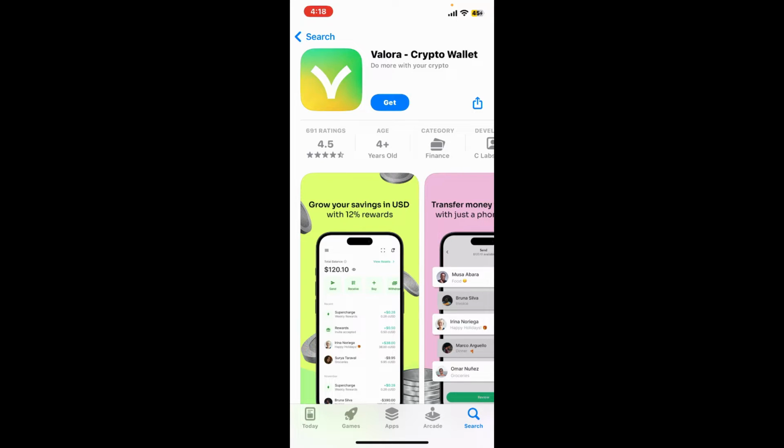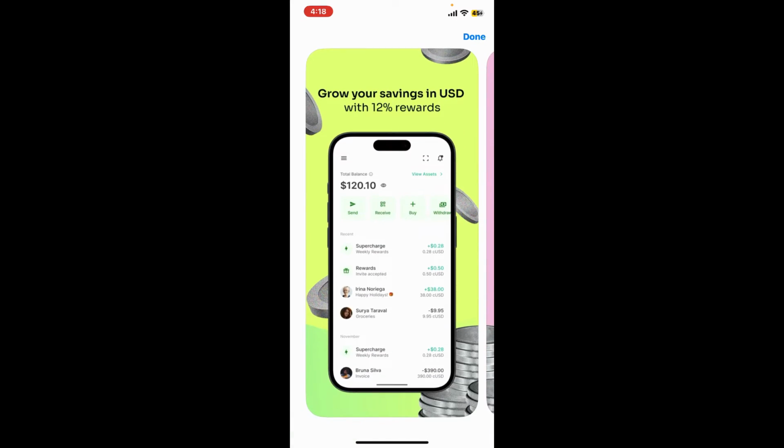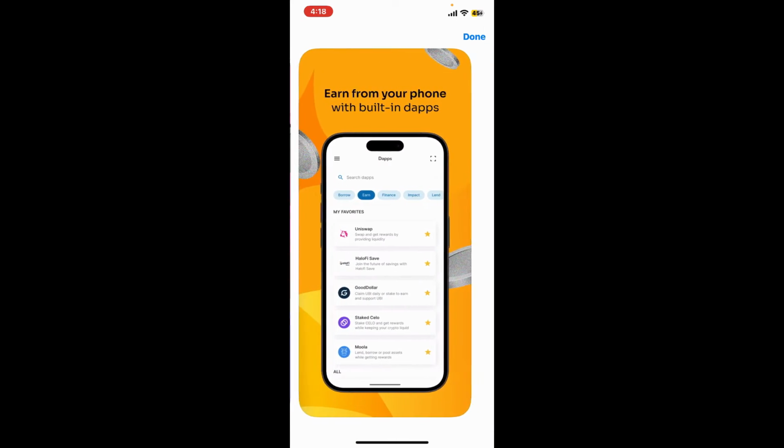on your device. Valora is a mobile crypto wallet that allows you to send, receive, swap, and buy cryptocurrencies using your phone number. So that is how you can easily download and install Valora wallet application on your iPhone in